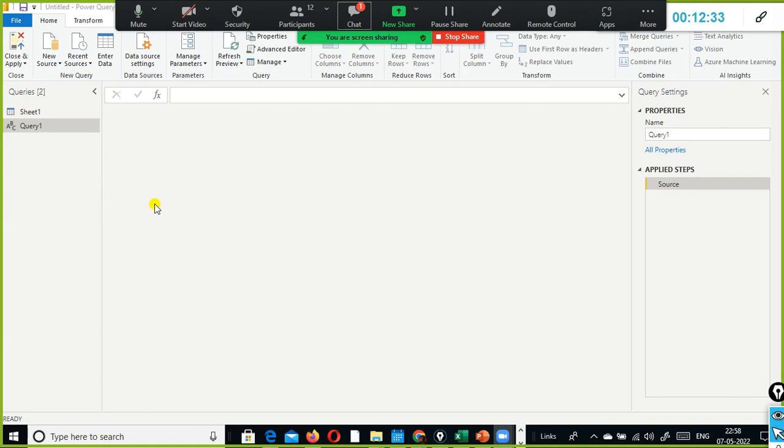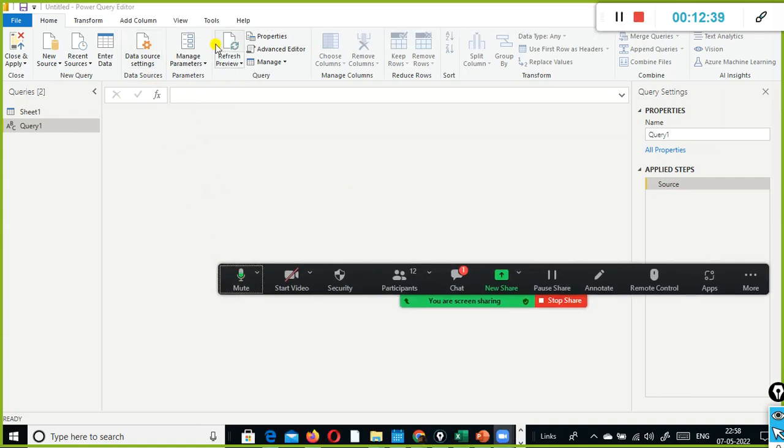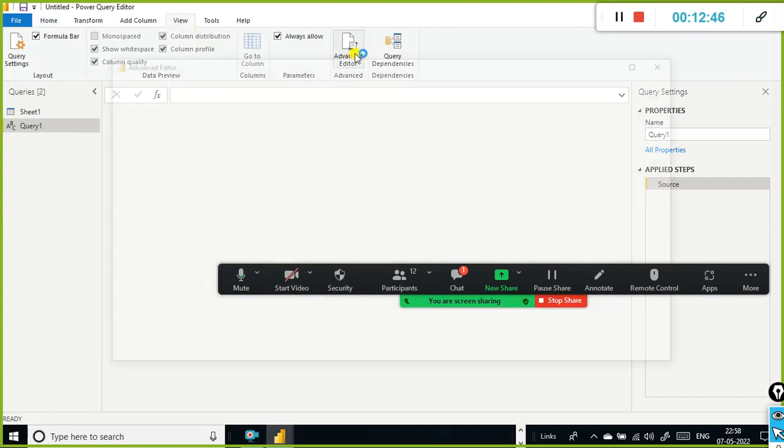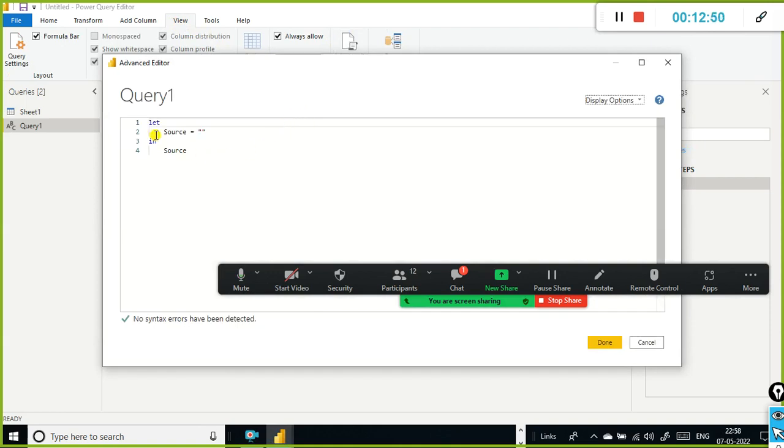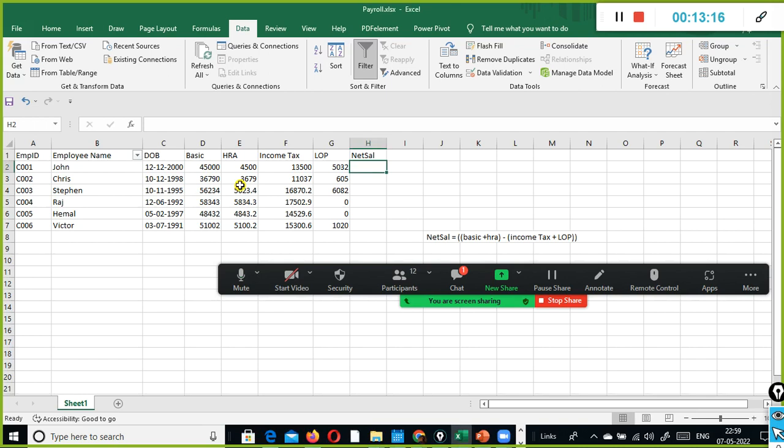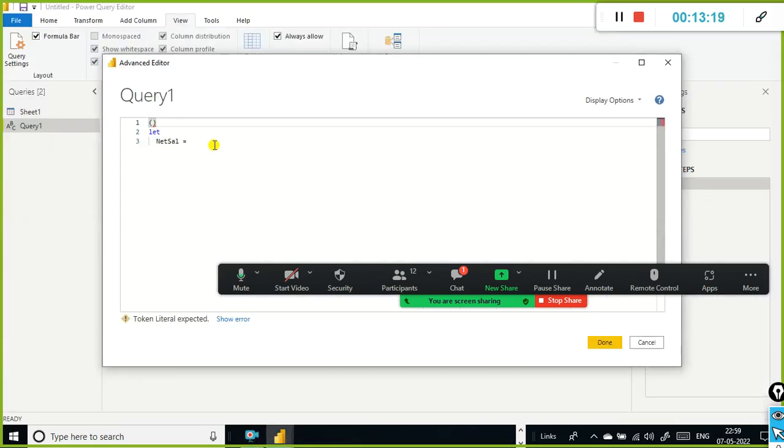Okay, next step is, now here itself I can type, create the function. What I do is, instead I just click on the view button, advanced editor. I just go here. I'm going to remove all these things except let. Here I'm going to type netsal is equivalent to, you can specify the thing here. Just above this, I'm going to specify the parameter values. What are the parameters? These are the parameters, all these column names, right? Basic, HRA,